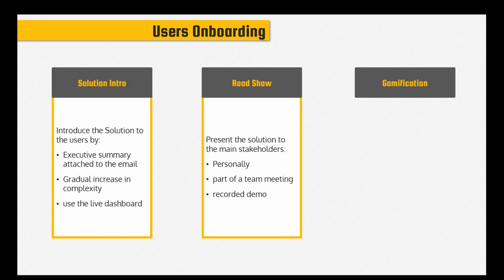What we want to accomplish by this roadshow is to present the solution to the stakeholders. Again, if you're talking about a senior executive, who is a main stakeholder, you will probably want to do it personally, just to come into a meeting to close the circle,